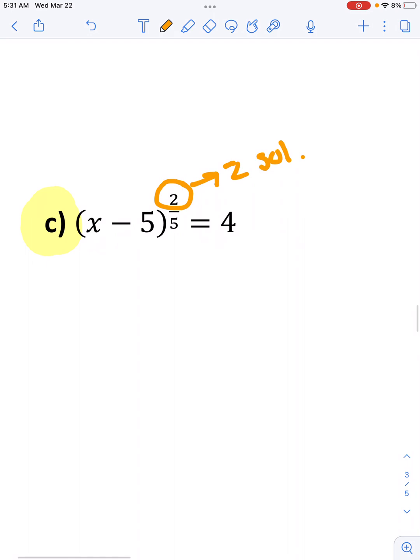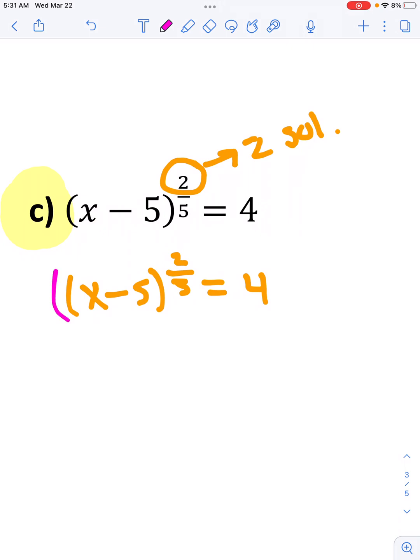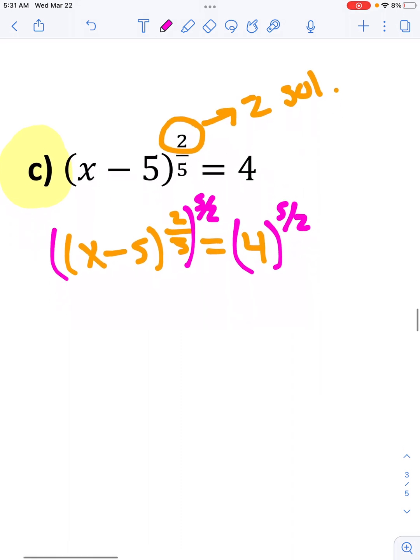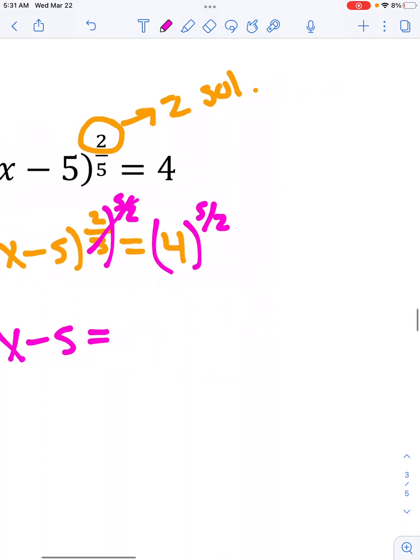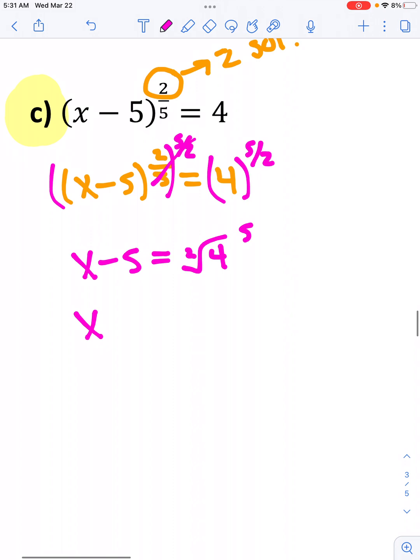All right, so I'm actually going to rewrite this real quick. So x minus 5 to the 2/5 equals 4. So then to undo that 2/5 power, we would raise to the 5 halves, the reciprocal, to both sides. That's going to cancel, leaving x minus 5. So this is where we have to be really careful. So we're going to end up taking the square root of 4 to the 5th power. But remember, when we're solving, that square root step is where I get the plus or minus for my 2 solutions. So I'm actually going to do x minus 5 equals plus or minus the square root of 4, which